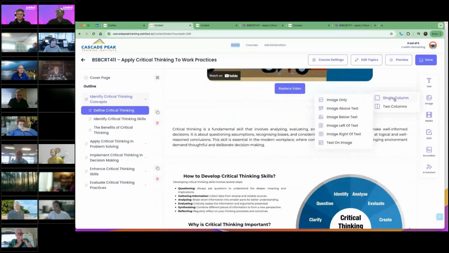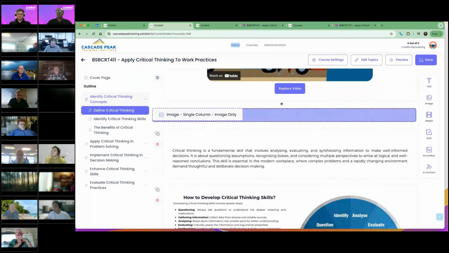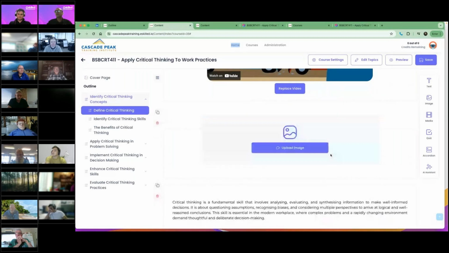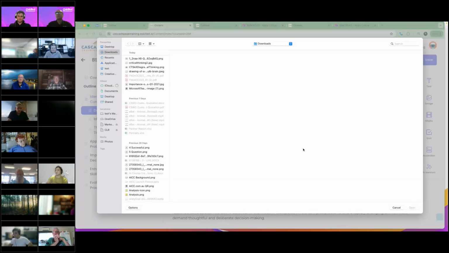Before you would have seen some examples with an image on the left and text on the right, etc. So that's where you can choose your different design options, and it will add those little widgets. So basically we just grab it, and if I wanted to put an image here, I can just drag that onto the screen and then literally just upload an image from